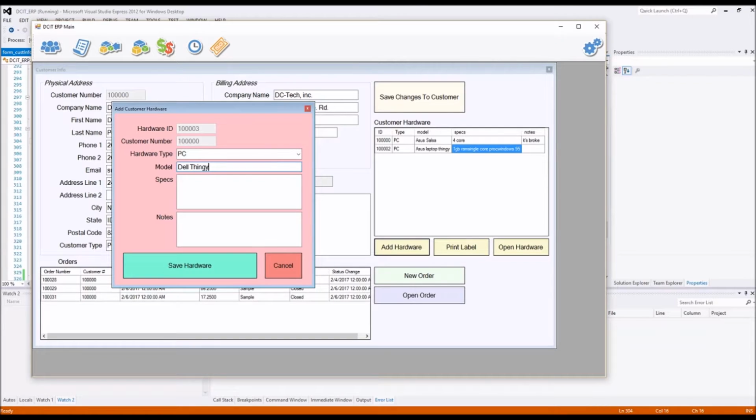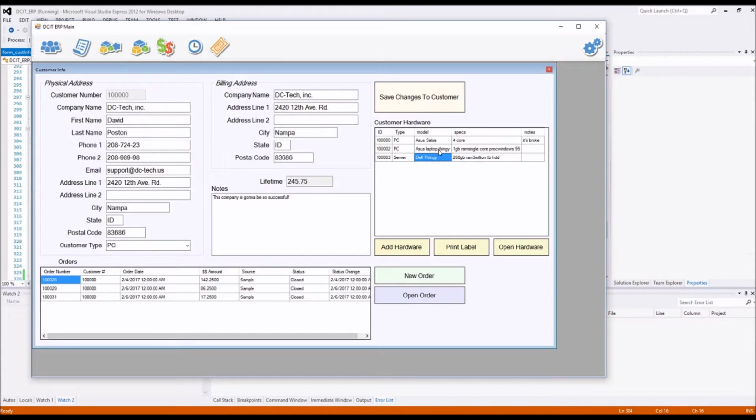I don't know, whatever model it would be, right? You just put the model in, put the specs, like 1 gig, 15. Let's do this. 260 gigs of RAM. 3 terabyte hard drive. Whatever you're going to put in there, right? Save the hardware. It adds a line item to your customer hardware window, and now from here, you can print